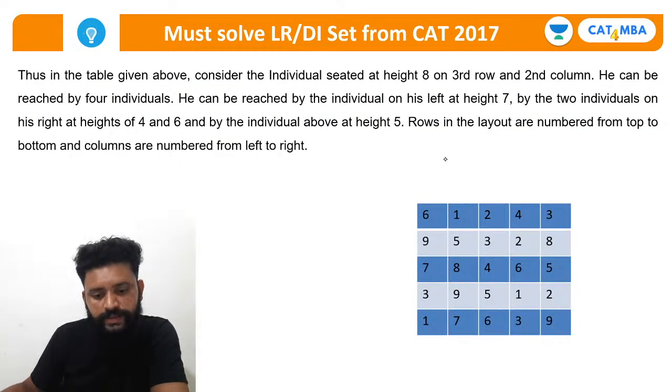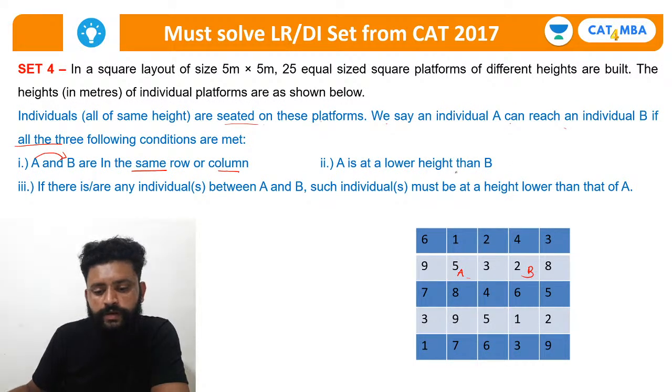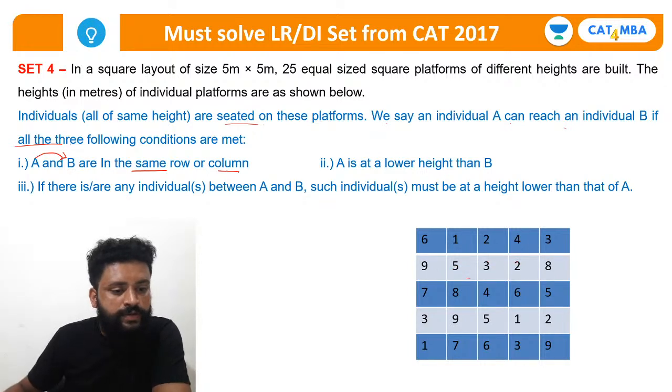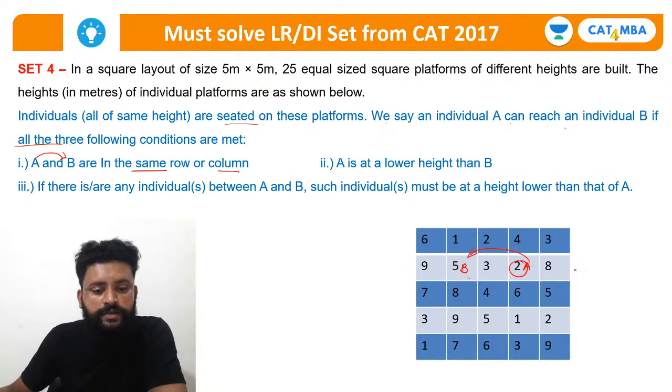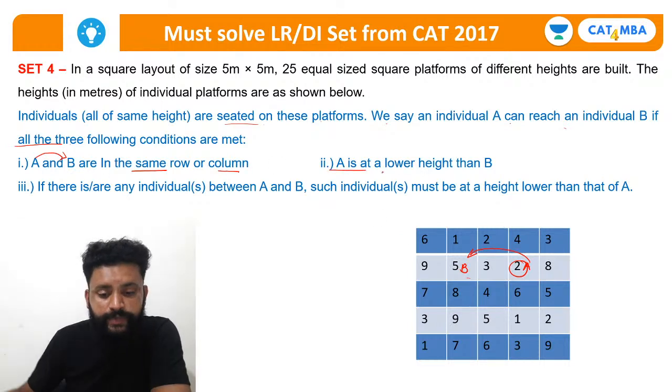Then A is at the lower height and B is at the... A is at lower height than B, but A तो lower नहीं है, तो यहाँ से यहाँ नहीं। अगर A यहाँ पे होता, B यहाँ पे होता, A is at the lower height, then B पे जा सकता है। ओके, बट एक और कंडीशन दिया है,